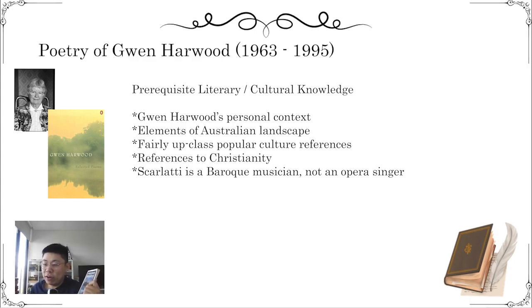And so students might find it a bit hard to empathize with that. For a poem like At Mornington, no one in New South Wales is going to have an image of where Mornington is, right? We're going to need to Google what that place is, what it looks like. There's lots of cultural references to things like classical music and classical poetry too. A Valediction is a response to A Valediction: Forbidding Mourning by John Donne. The Violets references Scarlatti, the opera singer. They're just things that students aren't really going to get.